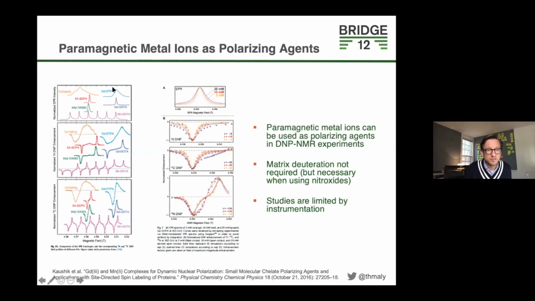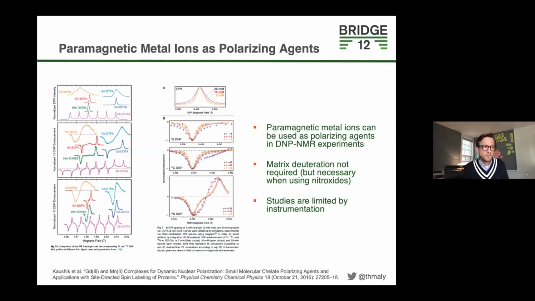Here's manganese, gadolinium, BDPA, TEMPO, and those are the proton and carbon enhancement profiles. And when I looked at this figure, I saw, well, okay, we have an EPR spectrum, that's great, and actually at 263 gigahertz. But this shows you the enhancement profile for protons, carbon, and nitrogen, but the other part here is missing, because, again, it's a superconducting magnet, you have a limited